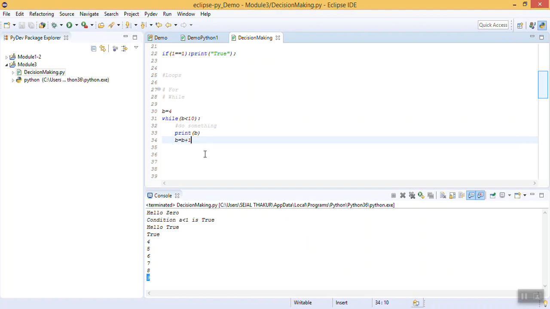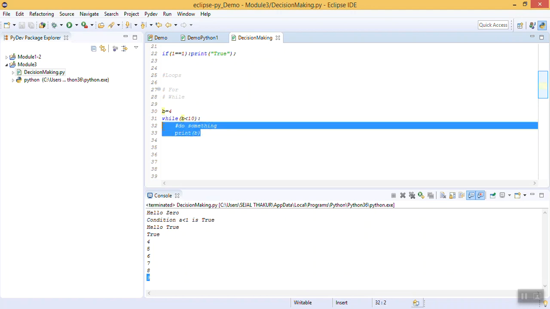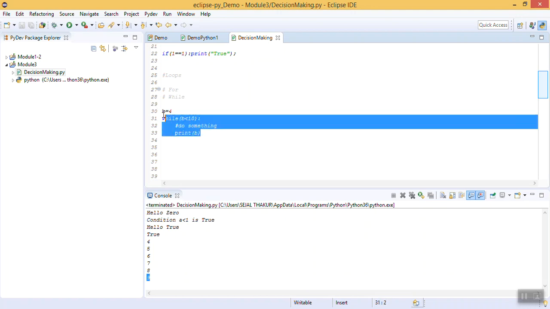Suppose I do not add anything like this. I do not increment the value of B. Let's see what happens. Okay, it's not supposed to be done. Actually it will go in infinite loop. It will never end because this condition will always be true and it will continue to print B until you